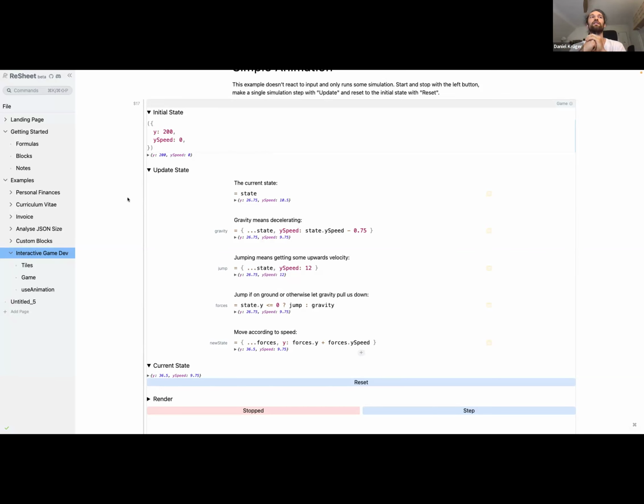Or you could have another interface, a block which has a language for programming and integrating this with the rest of Resheet. And if you're doing it well, you could even also embed other Resheet blocks